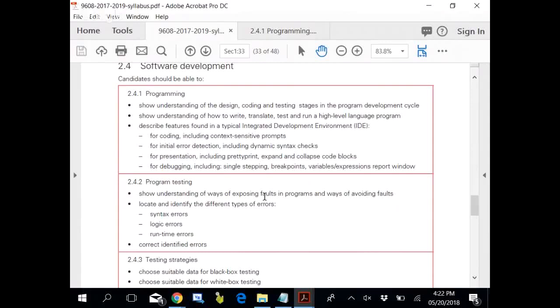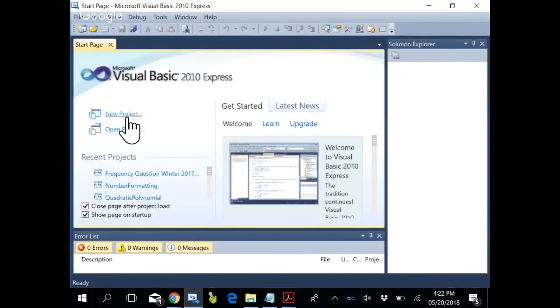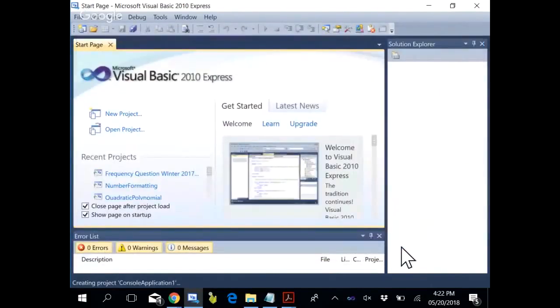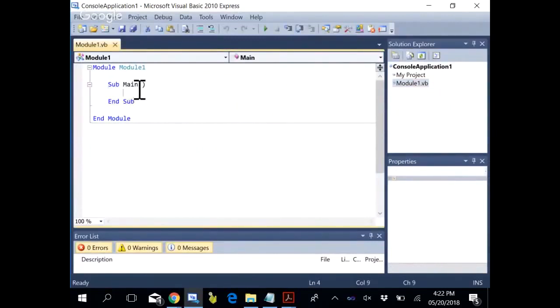Found in a typical IDE, integrated development environment, for coding, including code context sensitive prompts. What are these prompts? Whenever in Visual Basic you commit a mistake, let's say I commit a mistake here, Dim x as Integer.